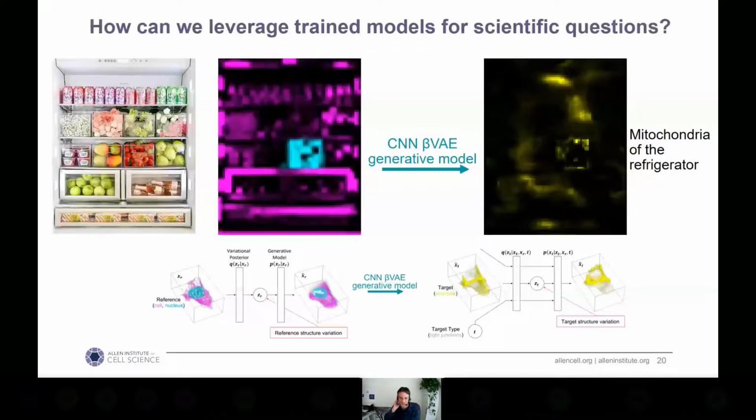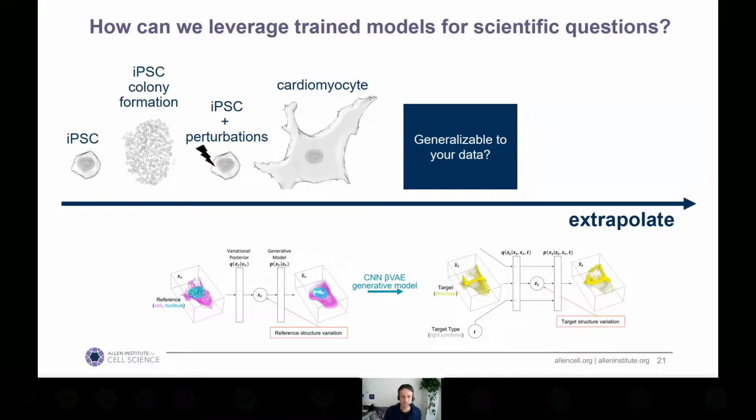In a previous version of this symposium, I also very briefly presented this slide. This is a picture of a refrigerator. Then we paint, if you will, the refrigerator, the cell in magenta and the nucleus, and then we run it through our generative model, and here you see the mitochondria of the refrigerator. This is of course absolute nonsense, but what is sensible in terms of extrapolating trained models